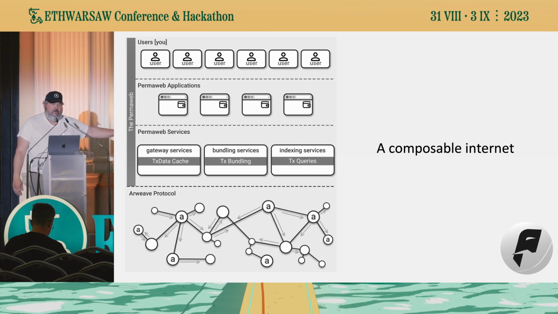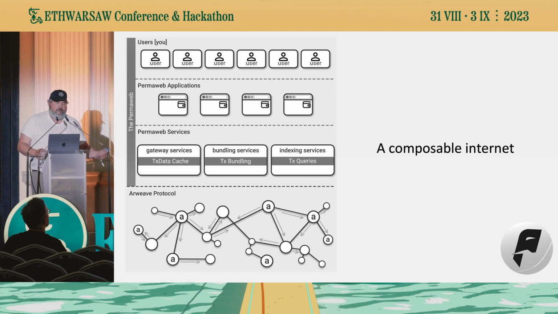So a gateway service, for example, is the equivalent of a web server in Web 2. Gateway services will take data, and if the content type is HTML, when you ask for it through a gateway, it will return you HTML. If the content type is JavaScript, when you ask from the gateway, it will return JavaScript. So you get the components of building an application,